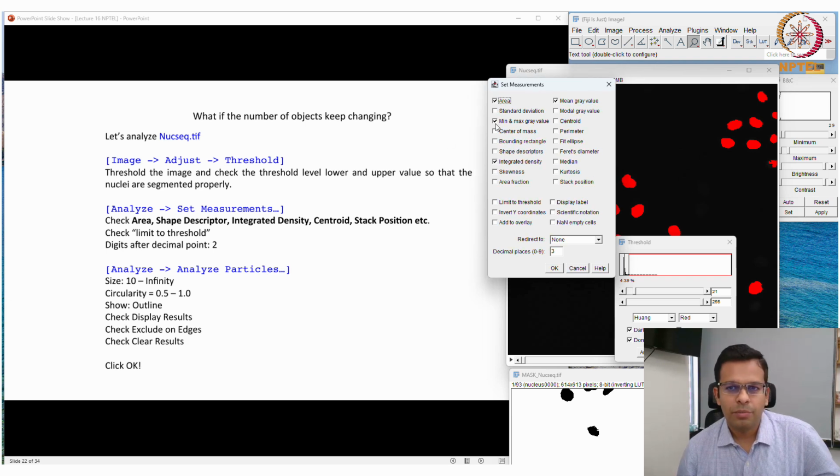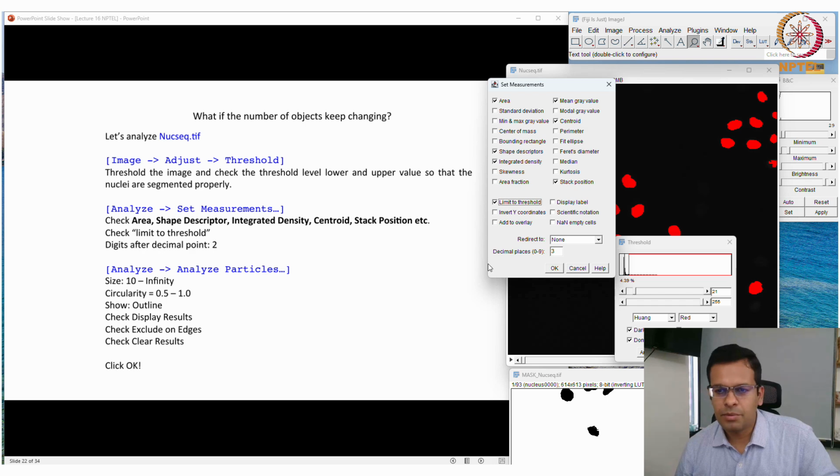Let's say I want to measure area, the shape descriptor, integrated density, that is the fluorescence intensity, then centroid, then stack position, and also, let's say, mean gray value, the average intensity, and check limit to threshold,